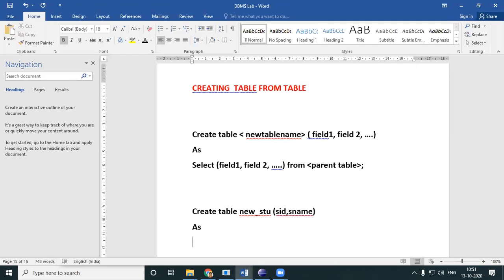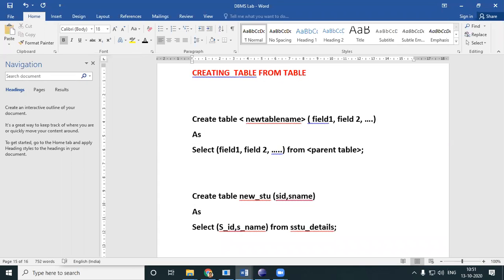From where am I creating the table? I am creating the table from the S_ID and S_name from the parent table, STU_details.